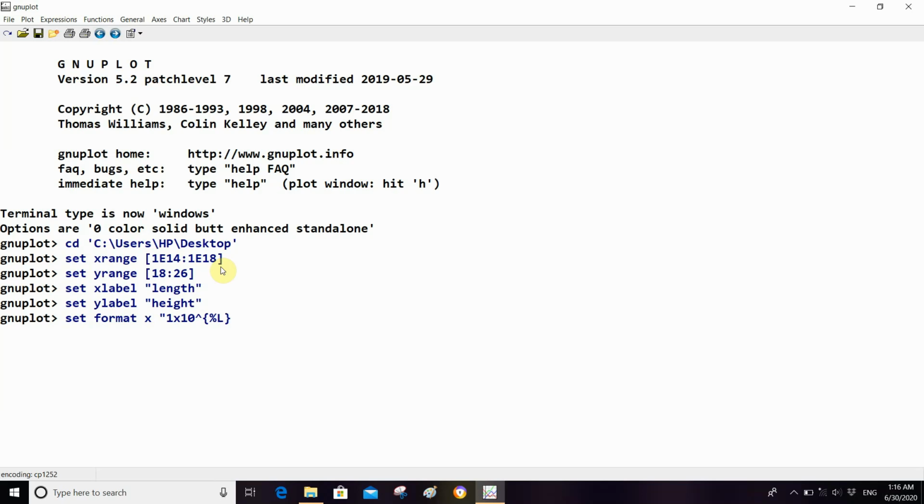Close the curly bracket and inverted comma. Okay, and